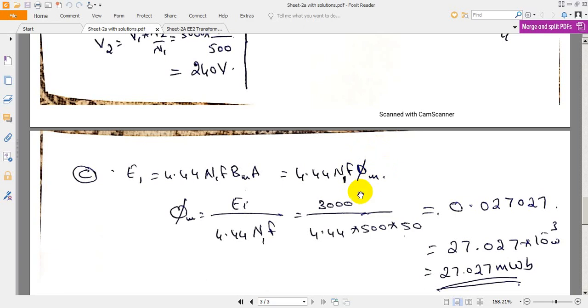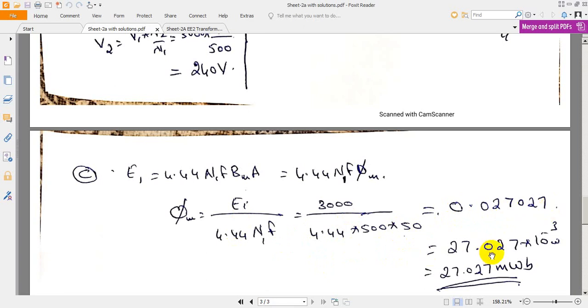From here we need to calculate the flux per pole. So flux per pole is equal to E1 by 4.44 N1 F. Just substitute the value of E1 as 3000, 4.44 into number of turns 500 into frequency 50, and you will get